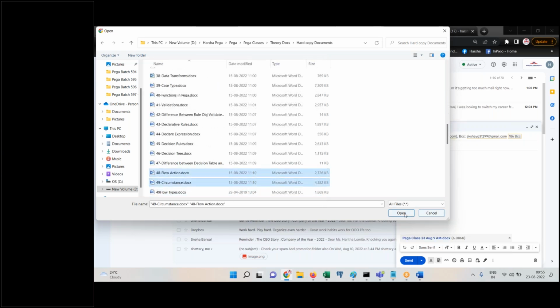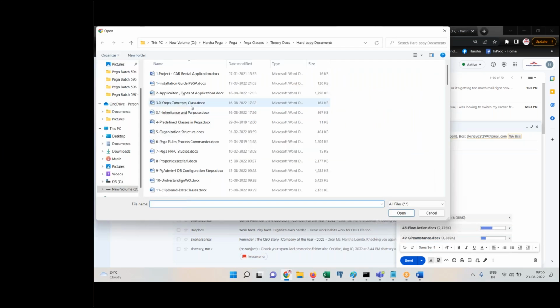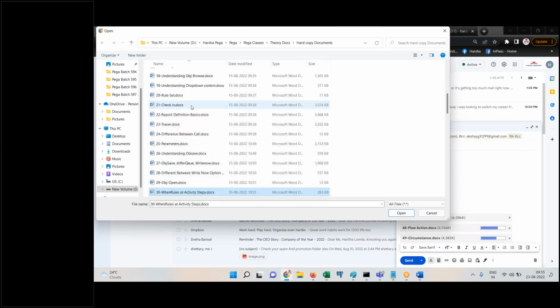Flow action, circumstance, and local action. Flow action lo local action lo untadi. Okay, so